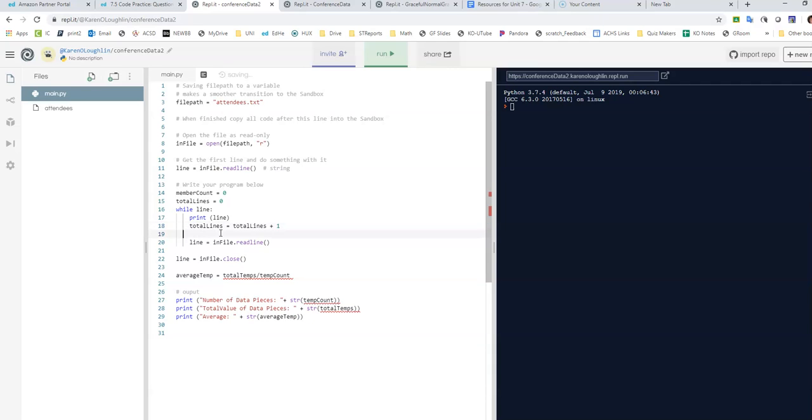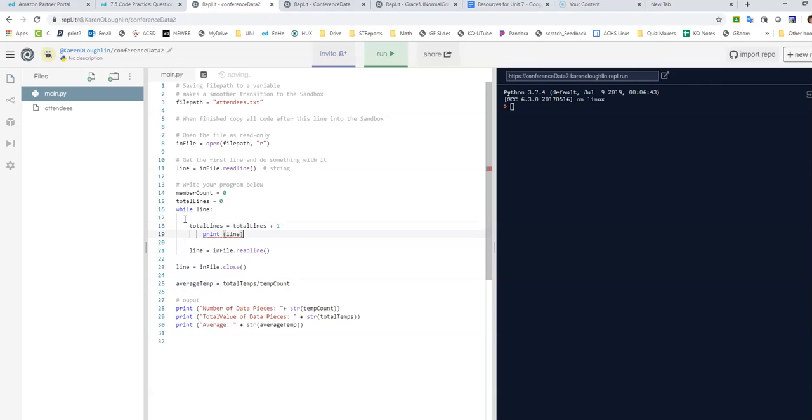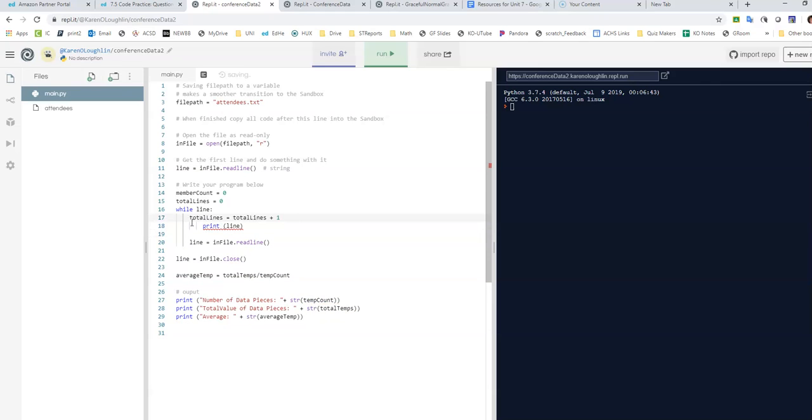Now, to kind of echo or be able to see that it's actually printing what I want, it's printing the line right here. And let me think for a second. If I want to take that print statement and move it after I count that line. So I read in a line, I count the line, and then I'm going to print the line. But when I print the line, I also want to print basically like what row number it's on.